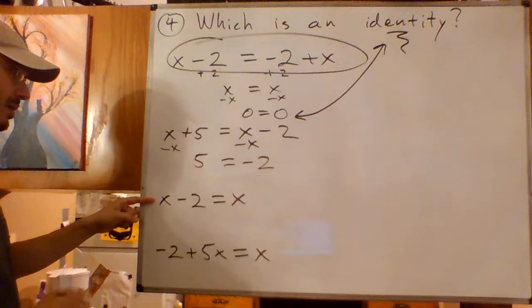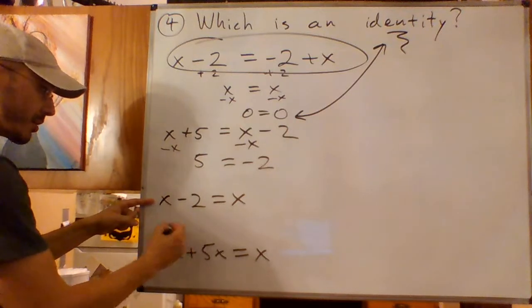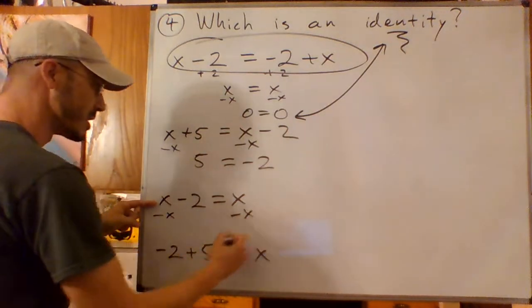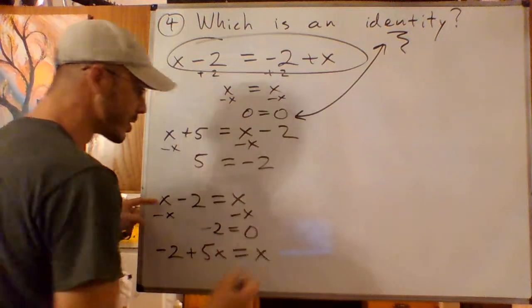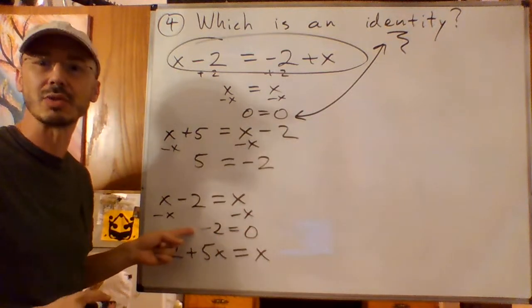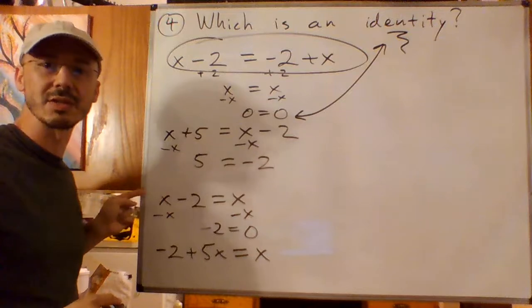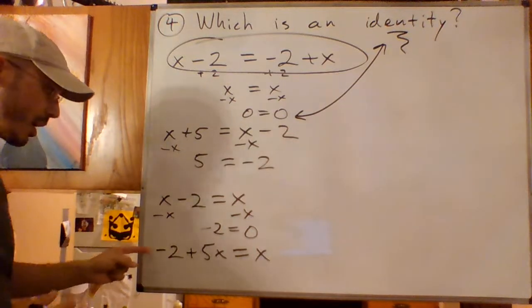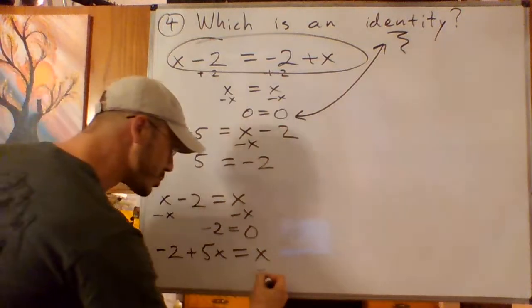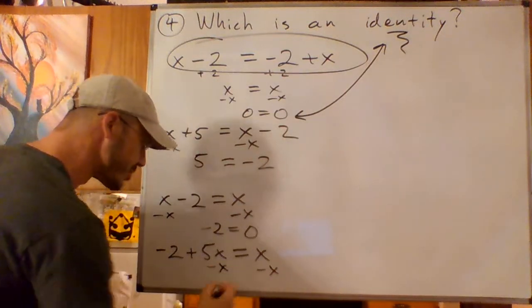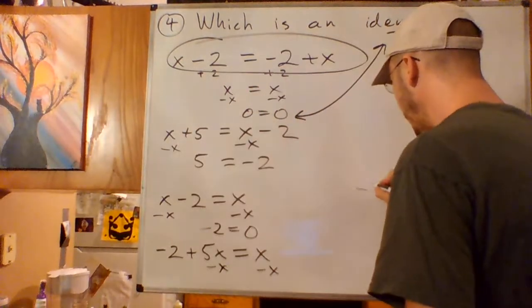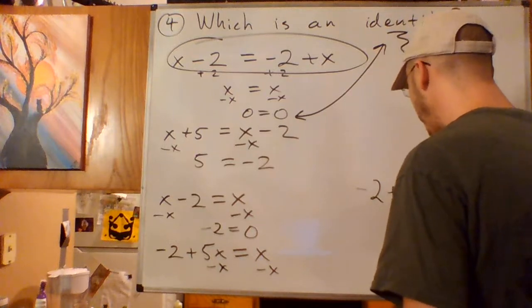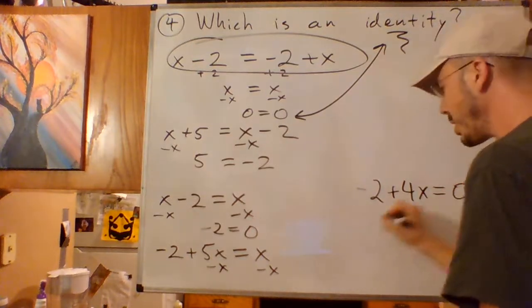Also, this one, kind of the same thing. If I subtract x from both sides, it tells me negative 2 equals 0. Again, it's absolutely not true. That means this equation can't be true. Contradiction. This one, if I subtract x from both sides, I get negative 2 plus 4x equals 0,